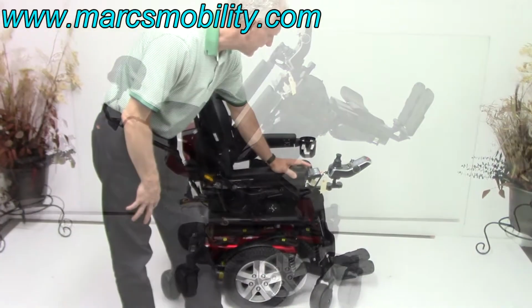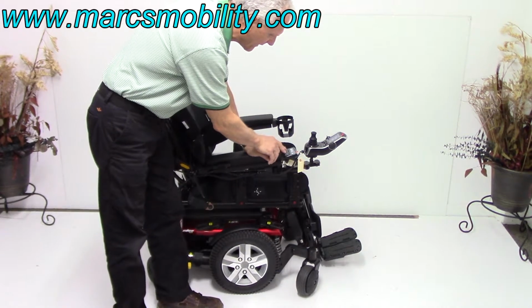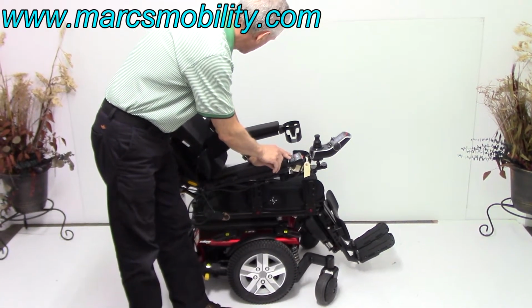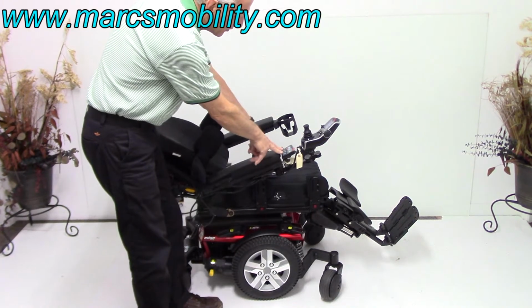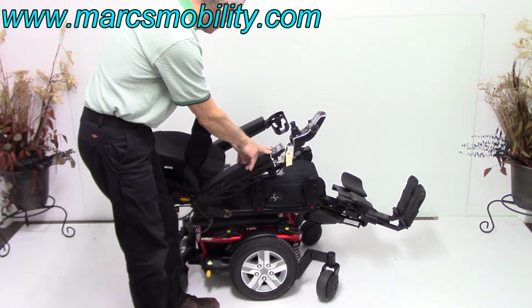The next thing we're going to talk about is the electric recline. So this will be your electric recline. Now I'm going to do the legs at the same time. I'm going to hit two buttons here so we can save time. So we have the electric recline going back and the electric legs going up. Now if you don't want to hold two buttons like I'm doing, you can do it through the joystick with one single button. That's your full electric recline